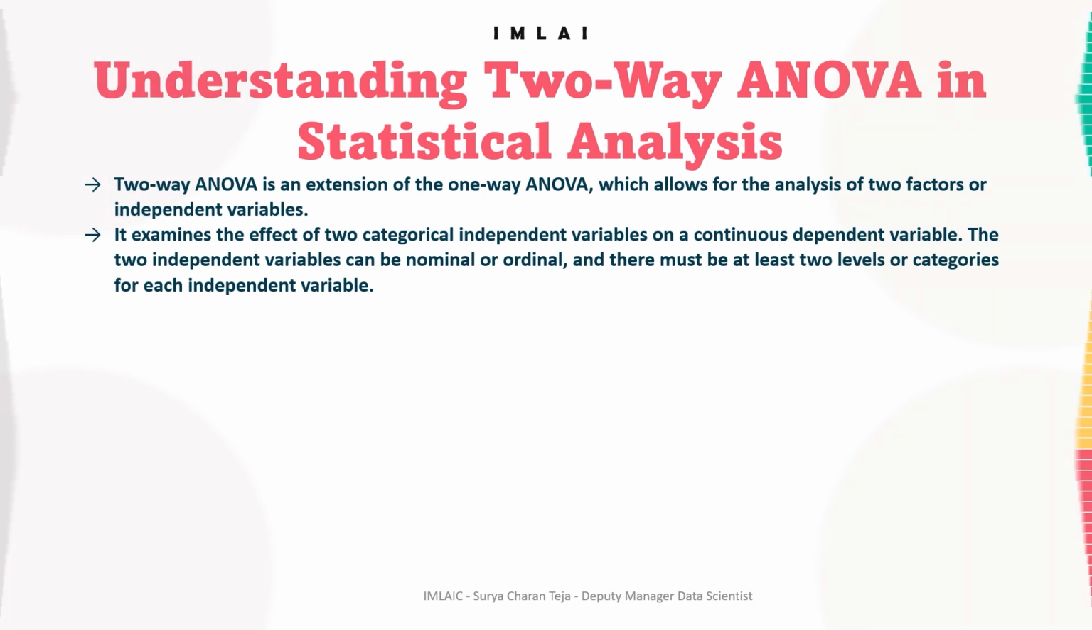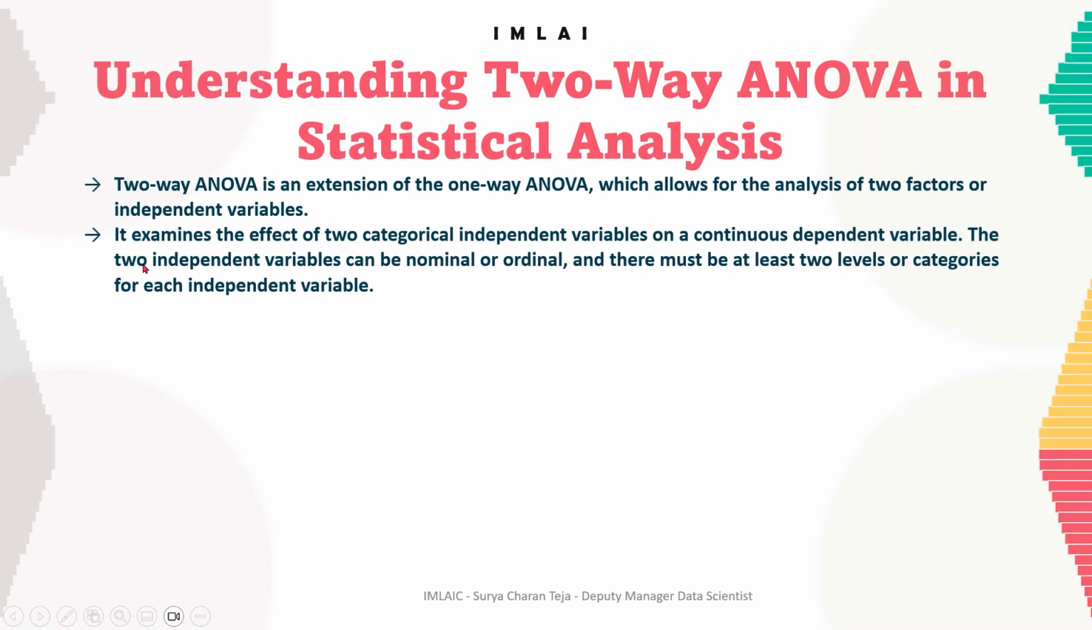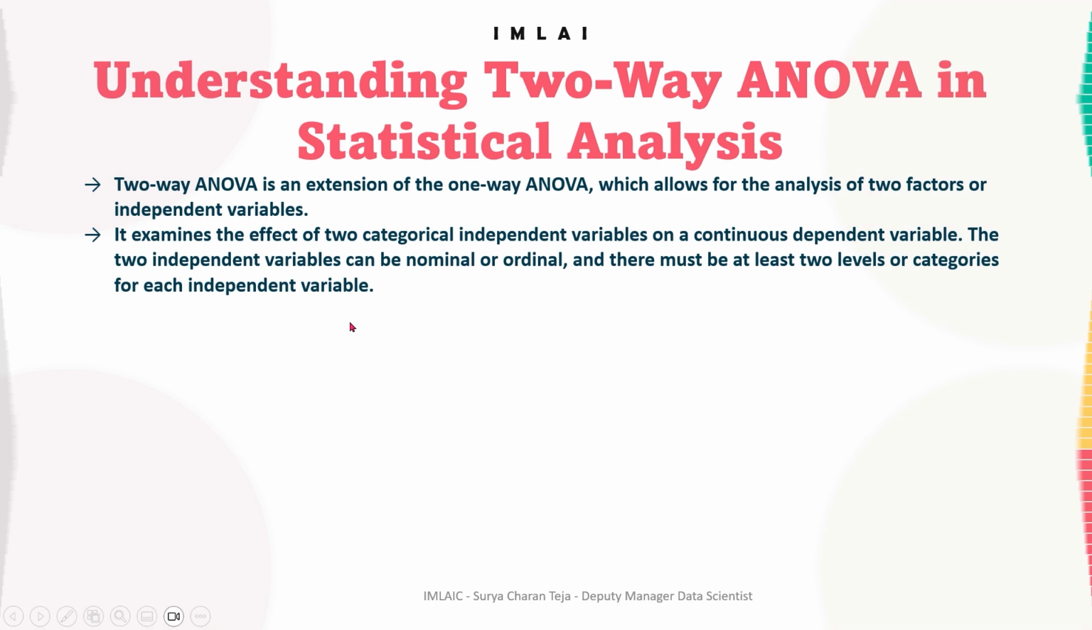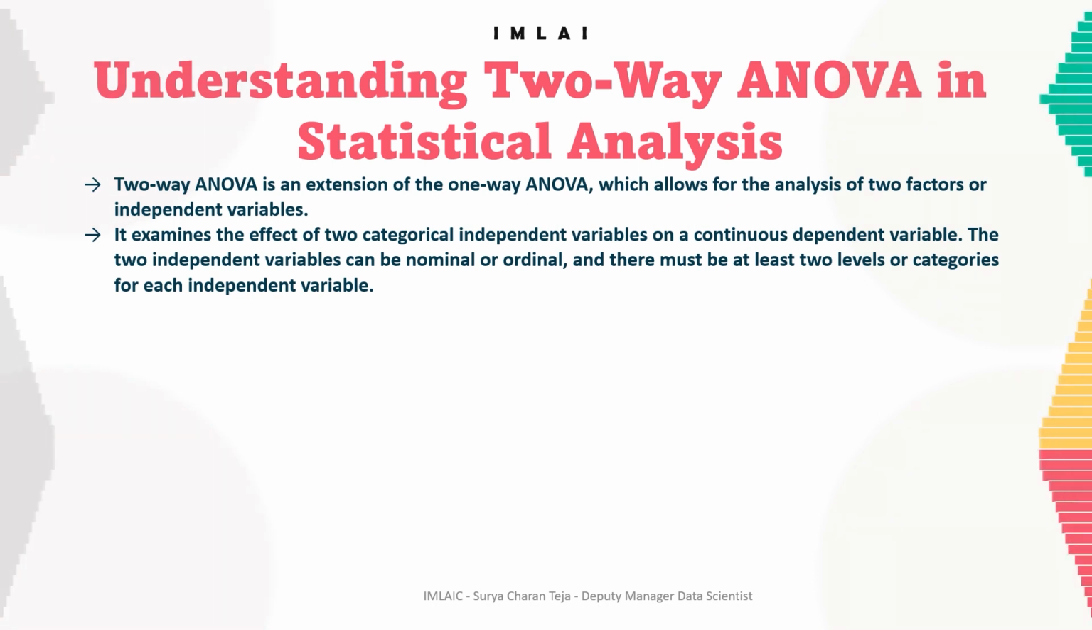So it allows for the analysis of two factors or independent variables, and it examines the effect of two categorical independent variables on a continuous dependent variable. And what's the condition for the independent variables? The two independent variables can be nominal or ordinal, and there must be at least two levels or categories for each independent variable. So the two-way ANOVA